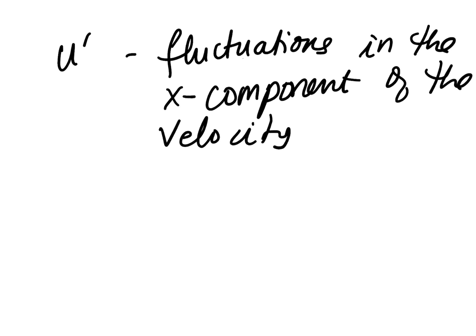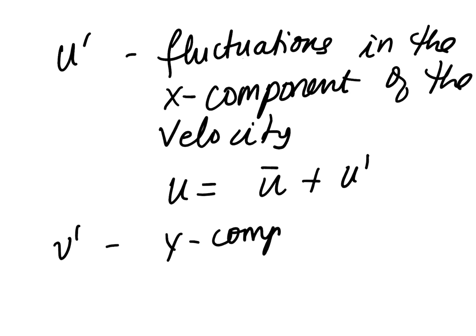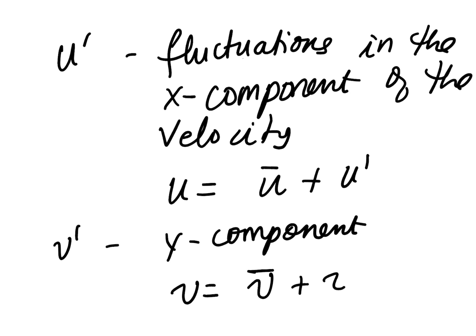Remember, u is u bar plus u dash. V dash is likewise the fluctuations in the y component of the velocity. V equals v bar plus v dash. Now rho u dash v dash, the whole average,